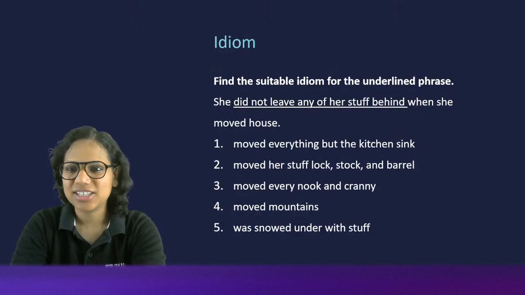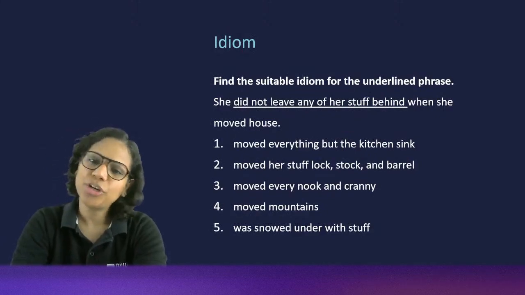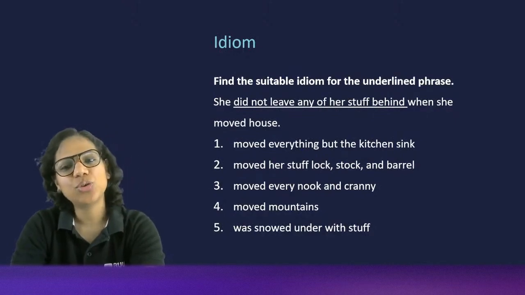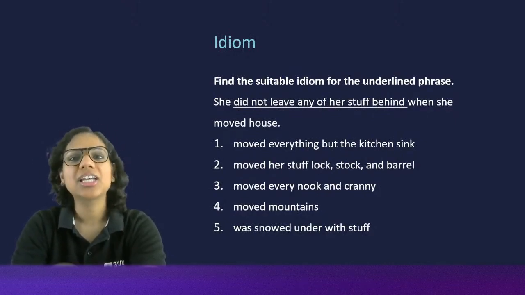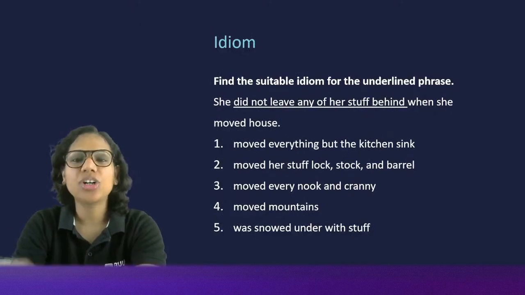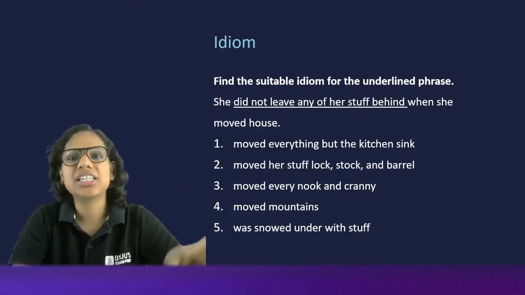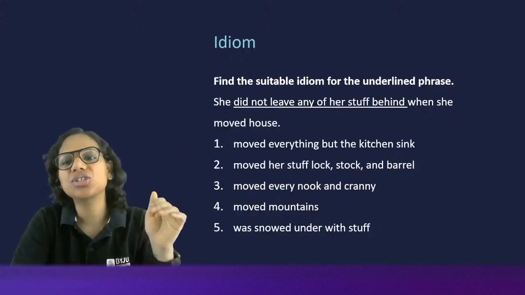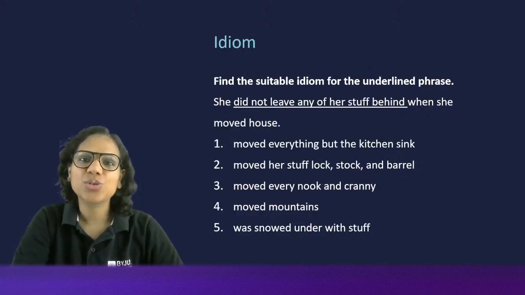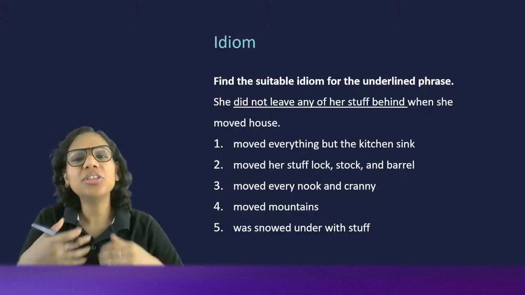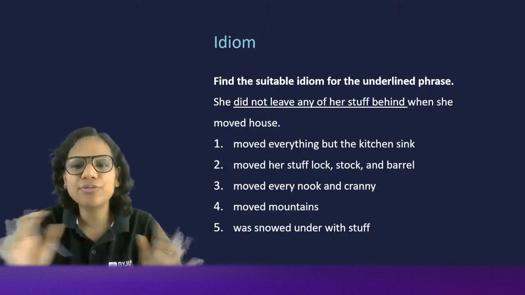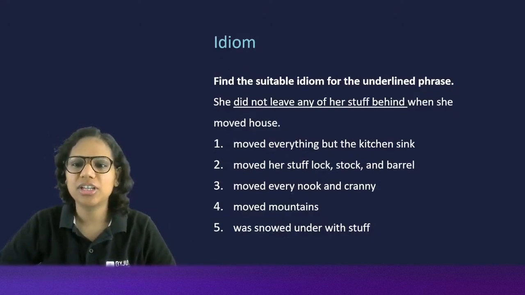All right. Okay, Bhavuk. Every nook and corner also we say. Every nook and corner is also something that is said together, right? What does this mean? This is how we put it in a sentence. He has searched every nook and corner. He has searched every nook and cranny. So the meaning of this is to perform a thorough search. When you search almost every place, okay, when you search at,